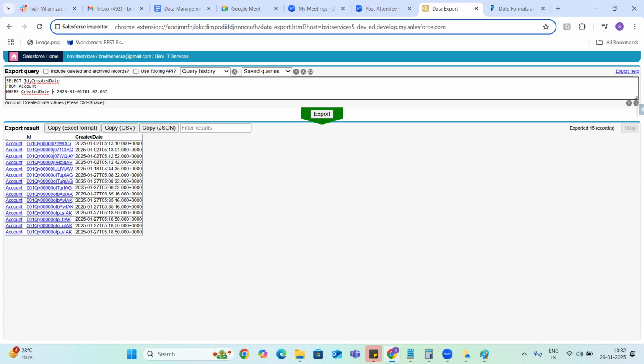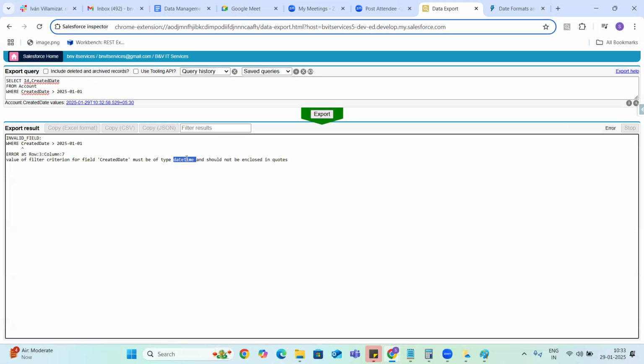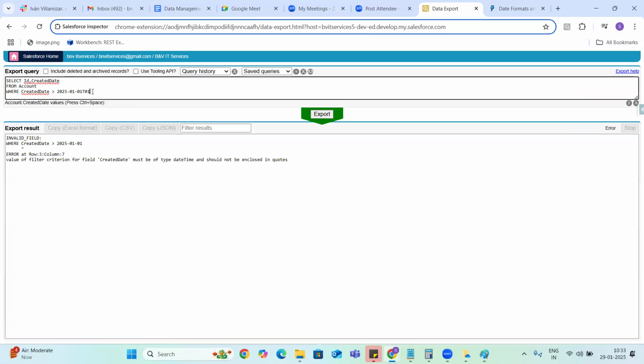So that is filtering by created dates. Now, I don't want to give the date time. If I want to give only the date, yes, you can just give the date also. Created date is basically a date time field. But in case your field is date type, then you can give just the date.